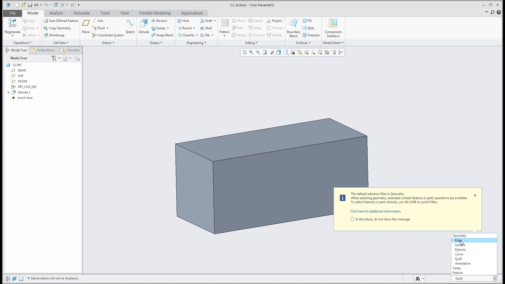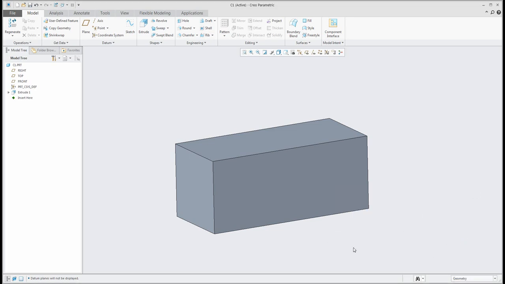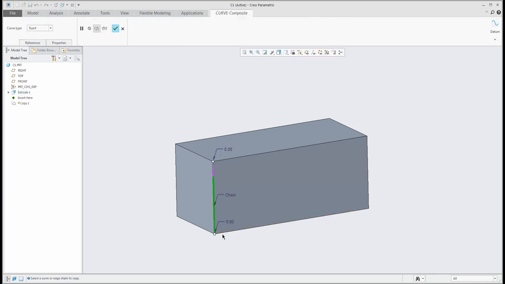If I change the filter back to the geometry, I don't want to see it again, you can select the edge, and if you use the function copy and paste, the system will create the copy of the existing edge and create a curve for you. If you use the Shift button, you can continue with selection and the system allows you to select the chain, or if you go back with the Shift button, you can select one by one and select the different